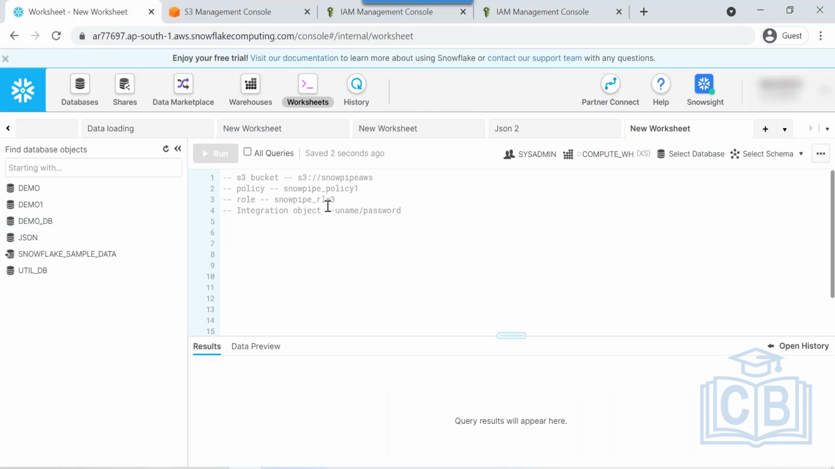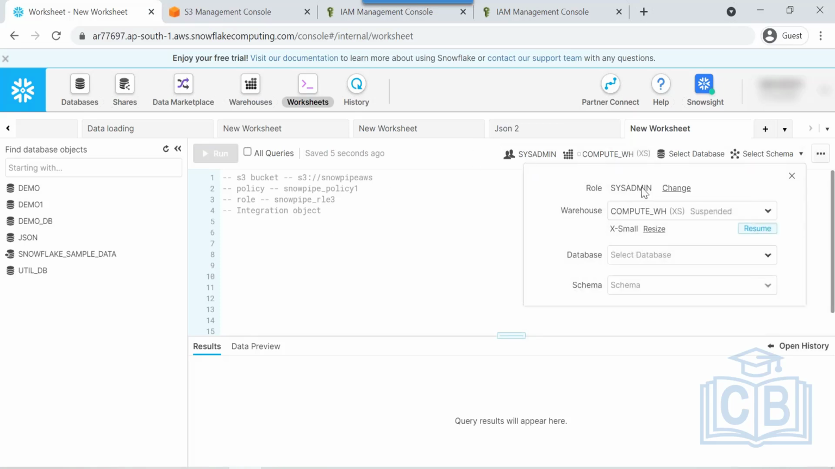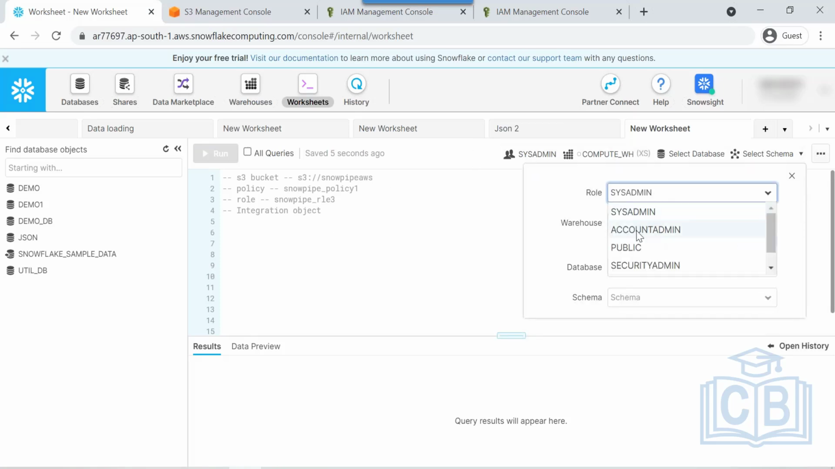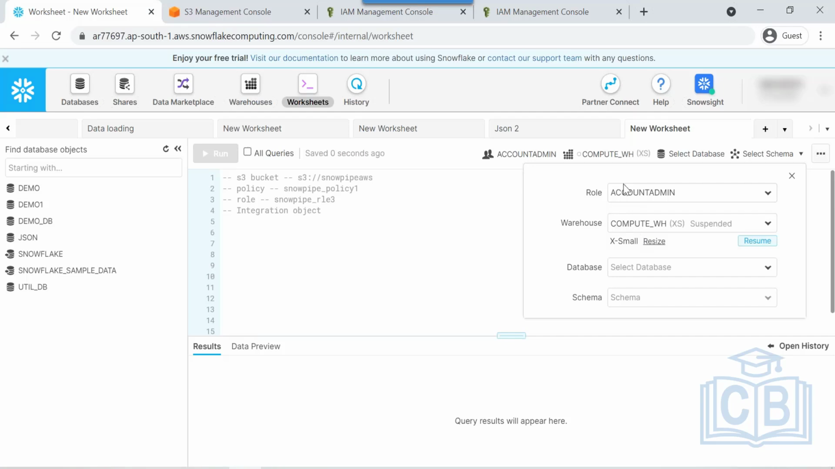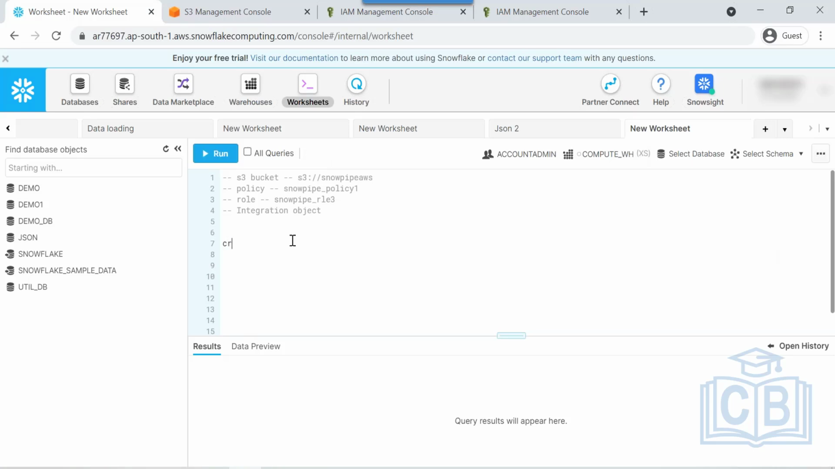So now I need to create the integration object. Now the last step is to create an integration object. For the integration object also, we need account admin privileges to create that. With normal roles, we can't do that. That's the reason in real time you don't get account admin, right? So you don't need to worry about all these things. So create